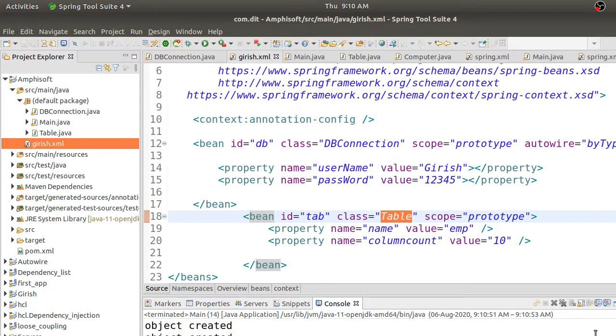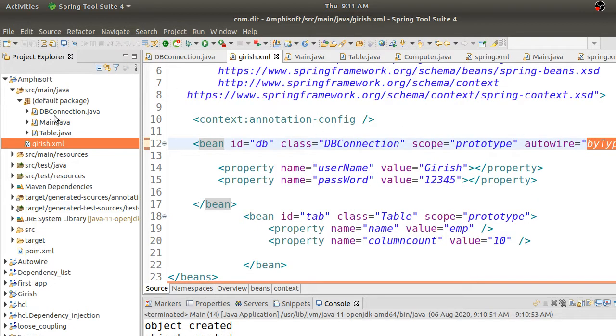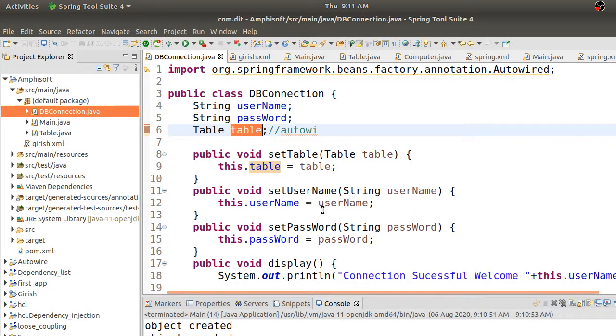Okay, and there is one thing called by constructor. You can do auto wire by name, auto wire by type, or auto wire by constructor. Means what? See, imagine your DB class has a constructor. Here I have removed the constructors. You can create one constructor. On top of that constructor, you can write @Autowired. Means what? It will wire with the constructor as the constraint. If you have two constructors, you give @Autowired for any one constructor, that will be considered for